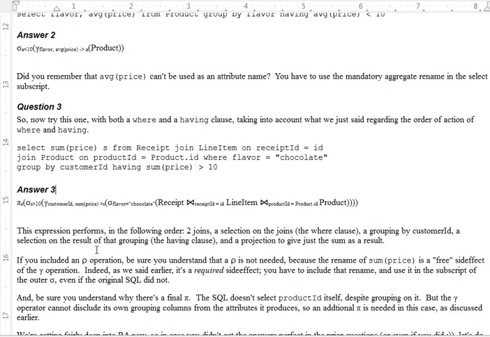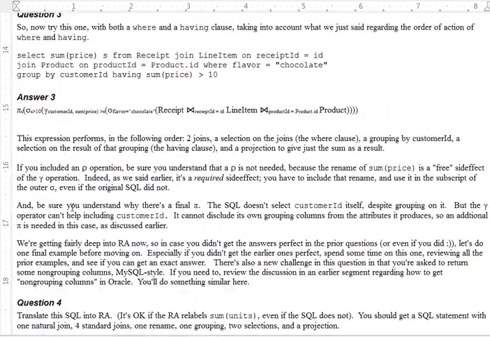Now, if you included a rho operation, by the way, be sure you understand that a rho or a rename was not needed, because the rename of sum price as A is a free side effect of the gamma operation. Indeed, as we said earlier, it's really a required side effect. You have to include that rename and use it in the subscript of the outer sigma, even if the original SQL didn't. And be sure you understand why there is a final projection or pi operation, the pi of S